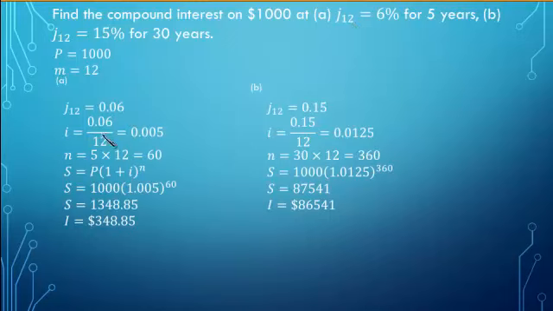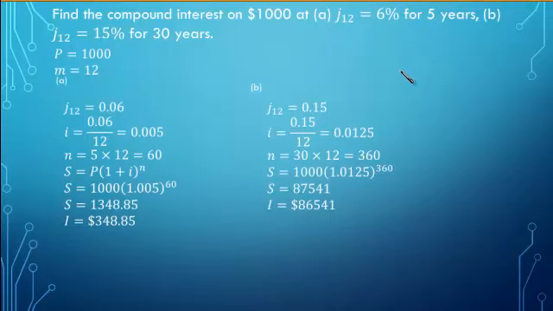The interest rate for each conversion period, since there are 12 of them, is going to be 0.005. You get that by dividing 0.06 by the number of conversion periods. So how many periods do we have in all? Well, it's 5 years and 12 per year, so that gives us 60. Now we're in a position to calculate the accumulated value using this expression, 1,000 times 1 plus 0.005 raised to the power of 60. This gives us $1,348.85. From this we simply subtract $1,000 to give us the interest, which is